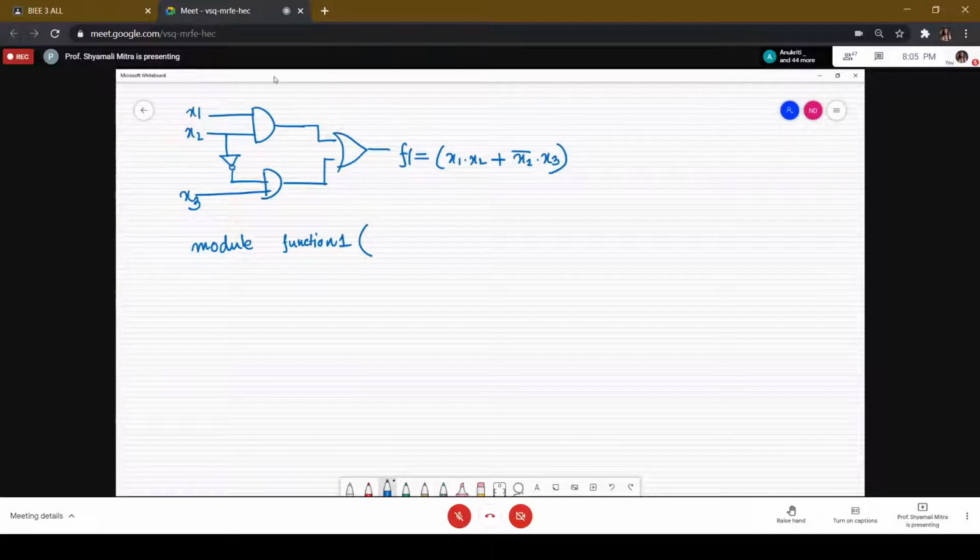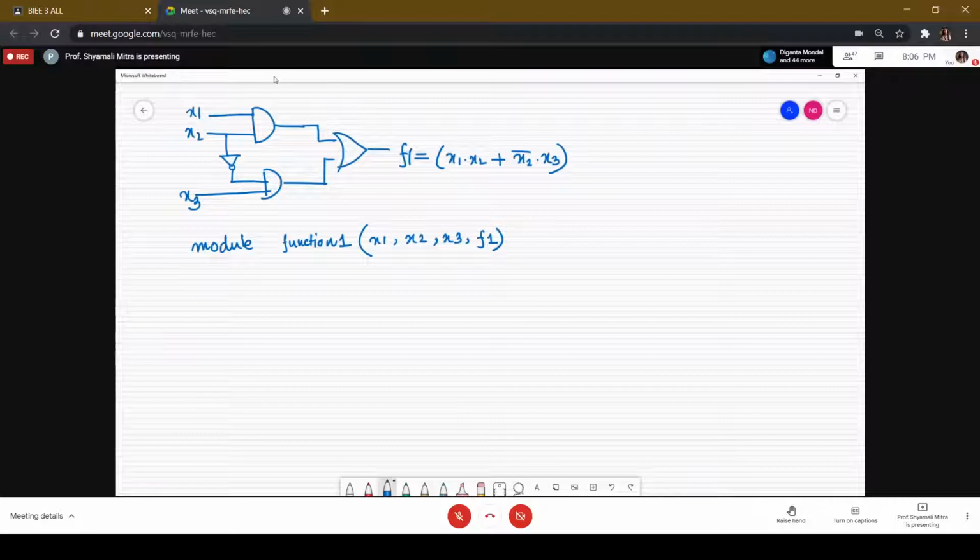So within the parenthesis, we will first write the input signals and the output signals. So what are the input signals? x1, x2, x3. And what is the output signal? Say f1. f1 is the output signal.